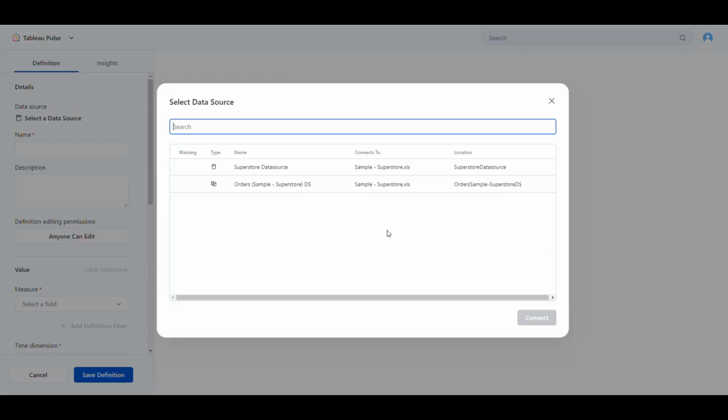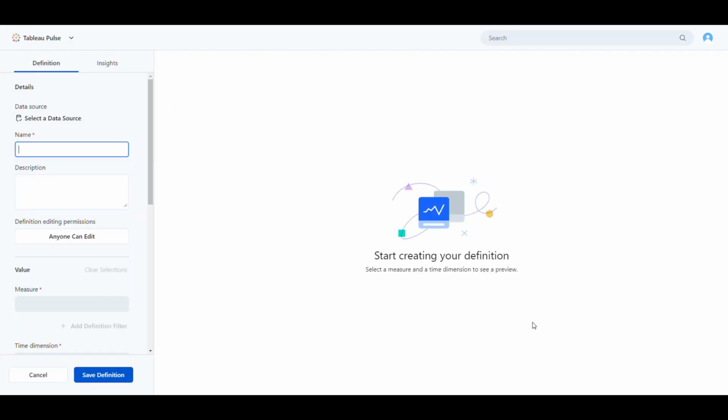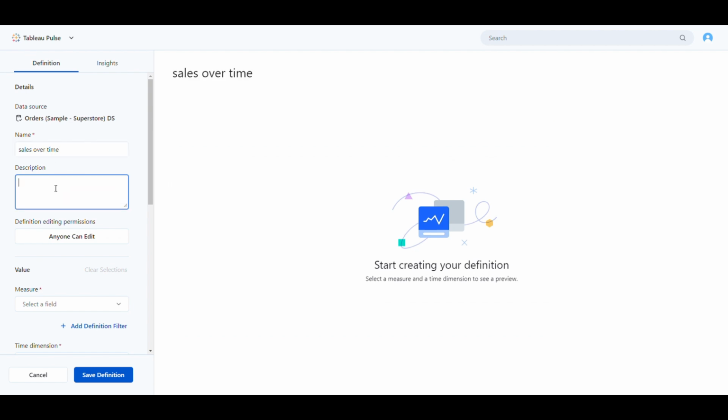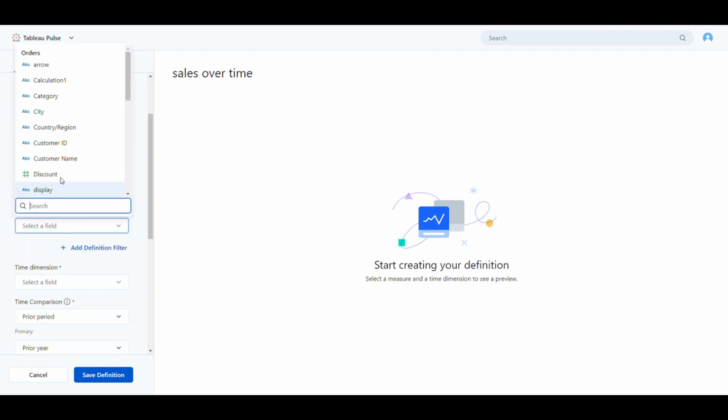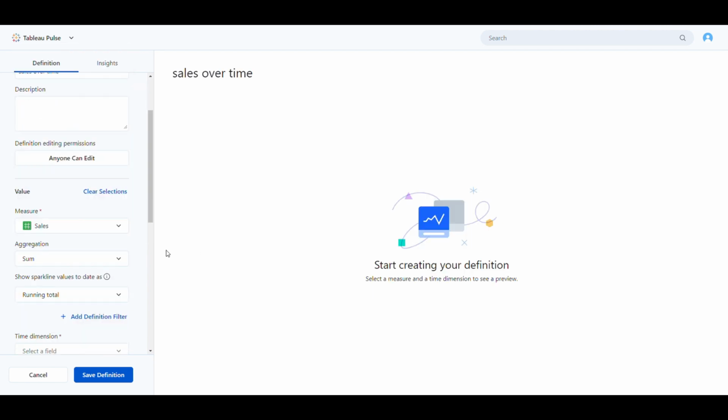Just click here, new metric definition, and select the data source, connect it, and just give the name, sales over time I'm giving, and description you can give here, and measure I'm just choosing sales,